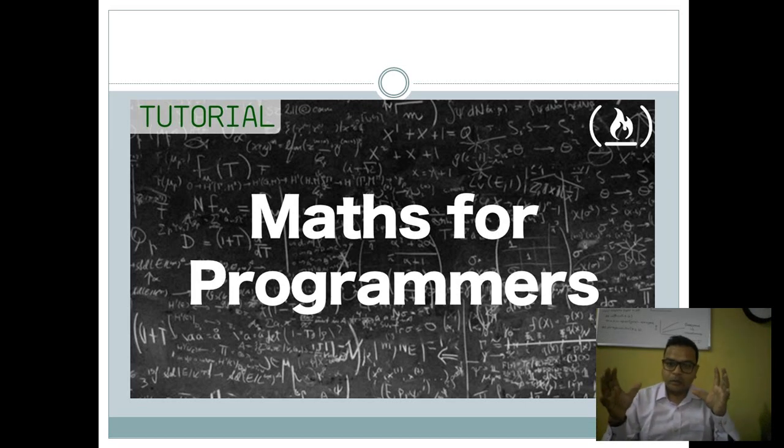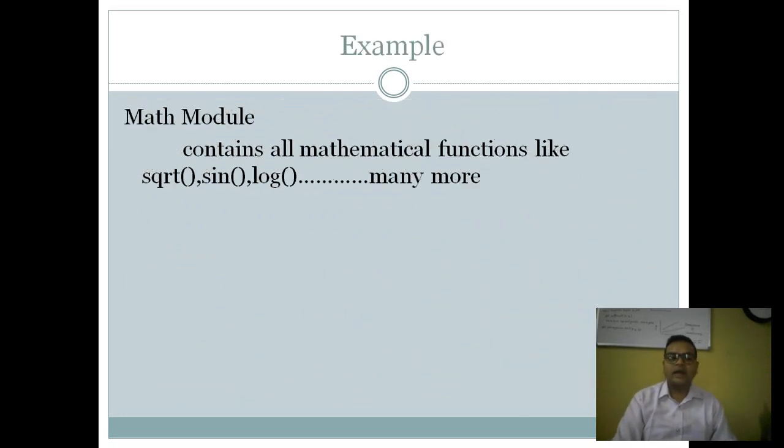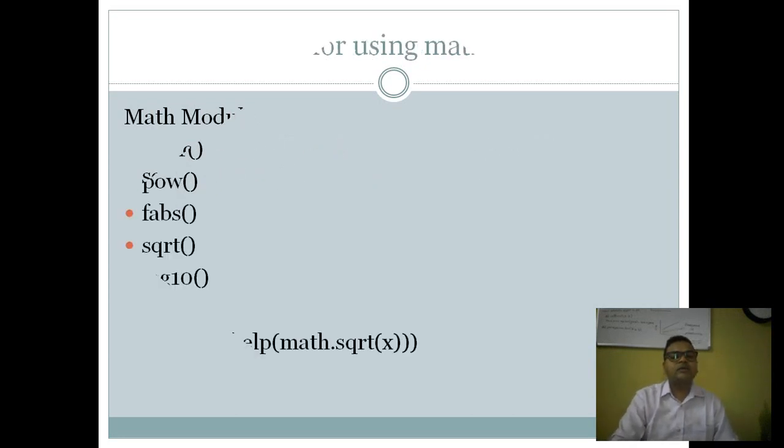ठीक है, तो math module के अंदर क्या होगा? If math is a capsule, what kind of salts will the math module contain? It will contain all the functions which are working for the same domain. That means all the mathematical calculations can be performed by these functions, and that actually is the math module. Clear? So here we have the math module. Math itself is a module, but the functions inside the math module are sqrt, sine, log, and many more. So I'm going to start with this math module one by one.